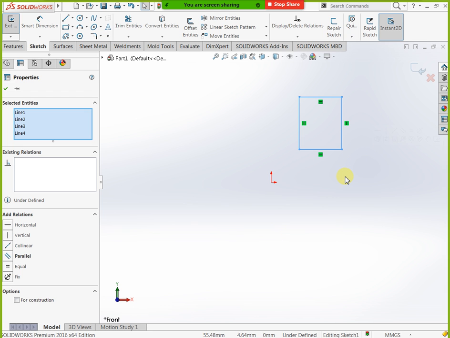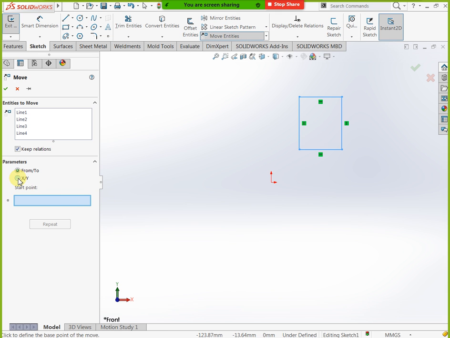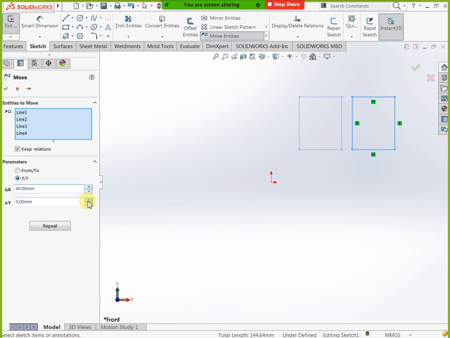We know the initial point and we know the destination. In that type of situation you can use from or to directly. Next you can go for x or y. In this condition we need to mention a parameter like distance, how much length you need. For example, this is my starting point. Now I need to specify the distance, the x direction and the y direction. You can mention 60, 40, negative or positive, both are applicable here. Then you can click okay.